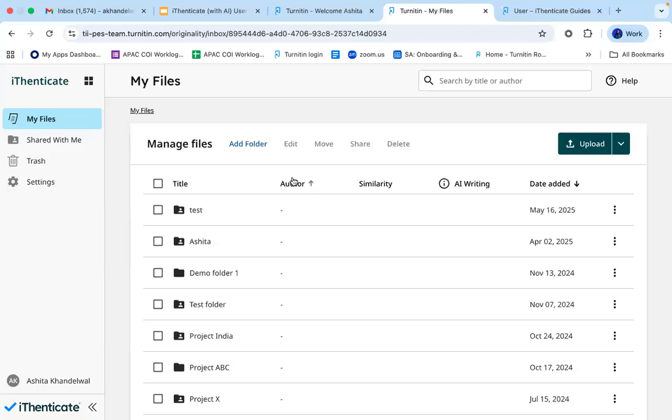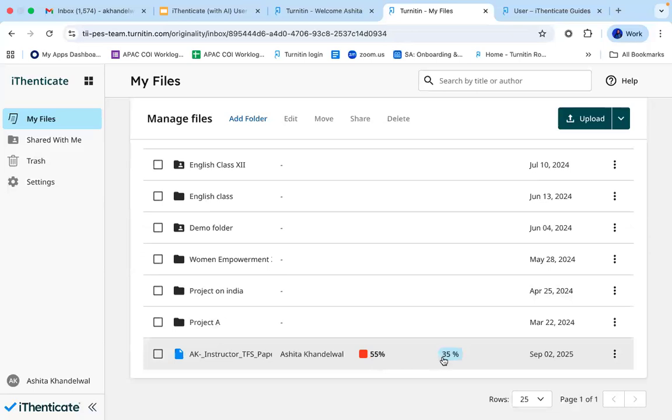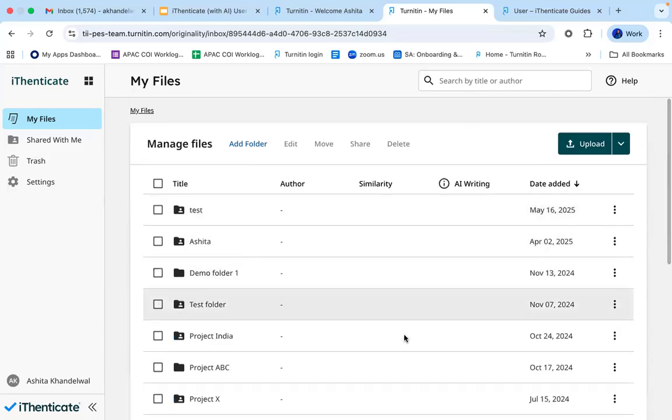So over here, you can upload your papers and the report will be generated immediately. For these reports, the name of the author or the title can be edited. It can be moved to any other folder also if required, or you can completely delete them, or you can copy the paper ID as well. The folders that you have created can also be edited. Their names can be edited.